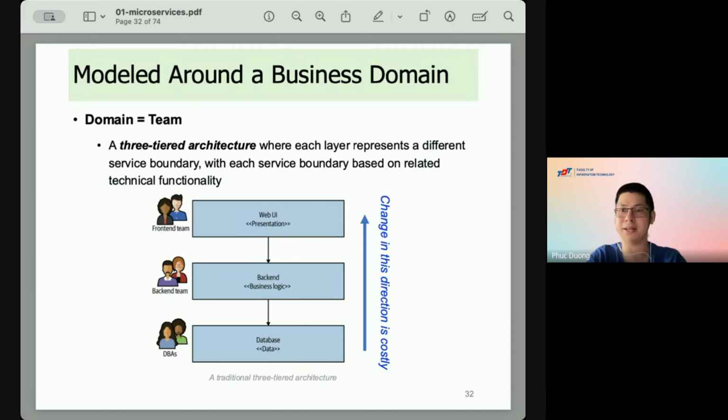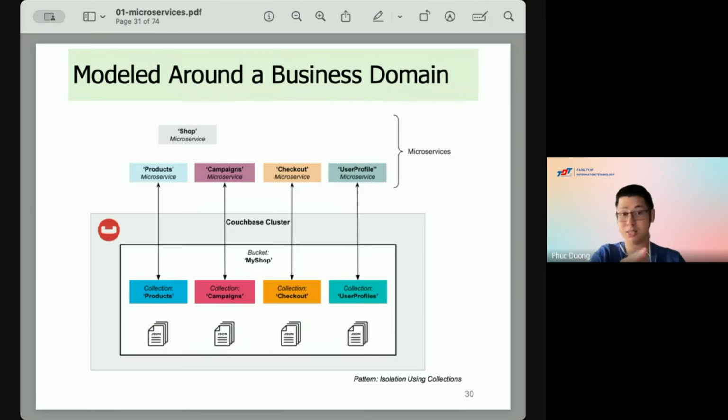In this kind of design or domain, we focus on vertical alignment. When we consider a team as one for product service, one for campaign service, one for checkout service, one for user profile service, we are focused on the horizontal team, in the horizontal side direction.